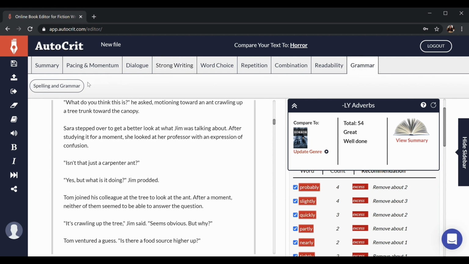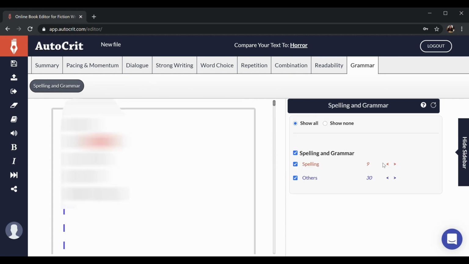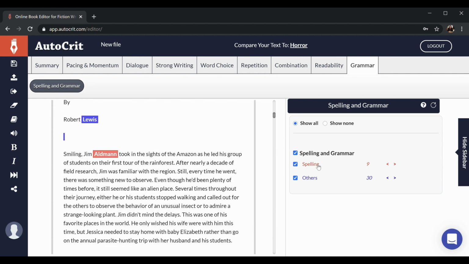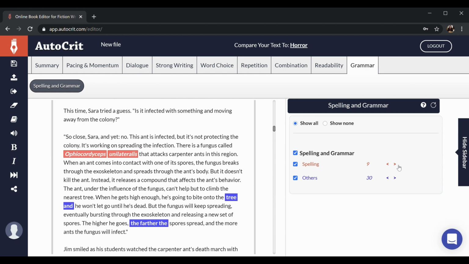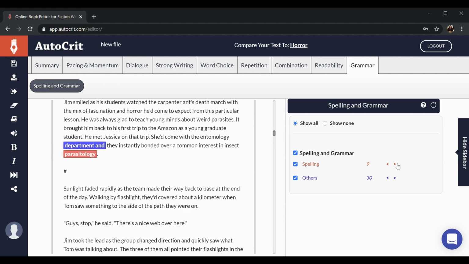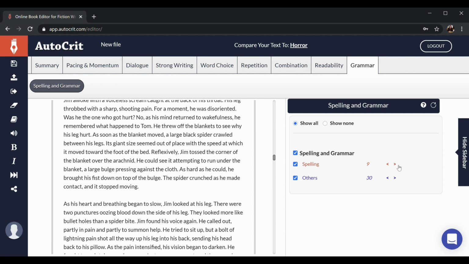One of the things that people have gotten used to are grammar checkers. So let's look at spelling and grammar. And we'll see if I have made any mistakes there. It seems to have found 9 spelling things, one of which is in my address, and we'll skip past that. There's also a character's name. We're going to skip past that. There's a scientific term. We're going to leave that, of course. Parasitology is a correctly spelled but unusual word, so we're just going to leave that.